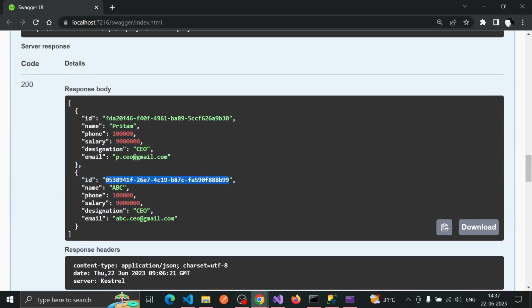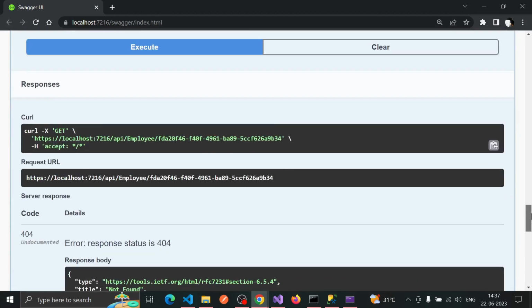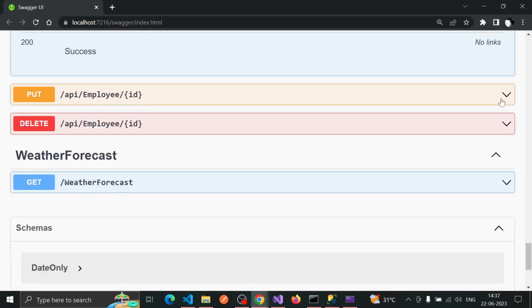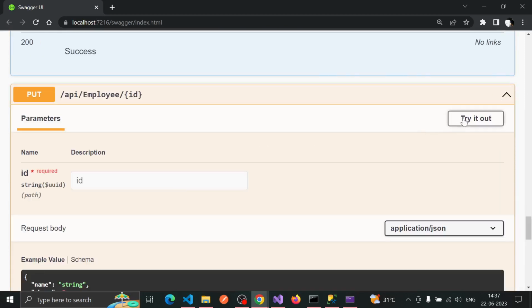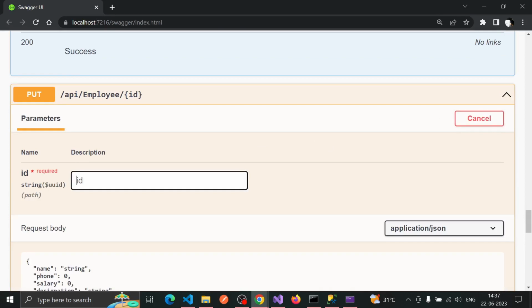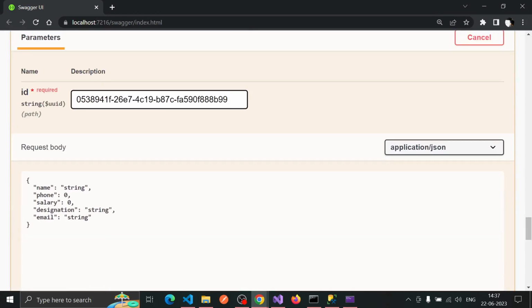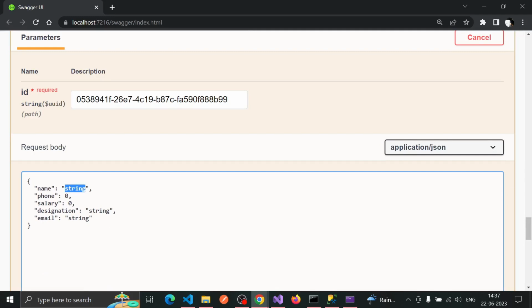Now if I copy this user ID and go to the put method, that is update one. So here as well, I need to add the ID first as a parameter, and then I have to add the request body. So the request body would be, let's say, ABCD. That is the request body. Before this, it was ABC. And the phone number is, let's say, 9000, and salary is also 8000. Designation is, I don't know,